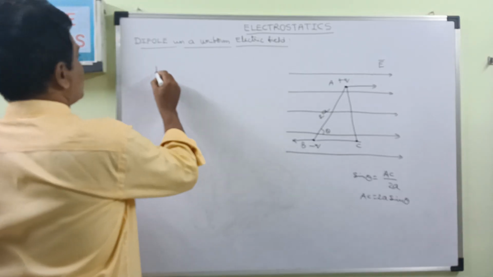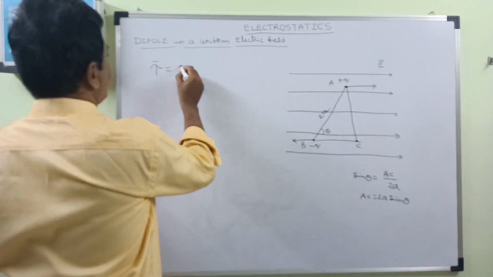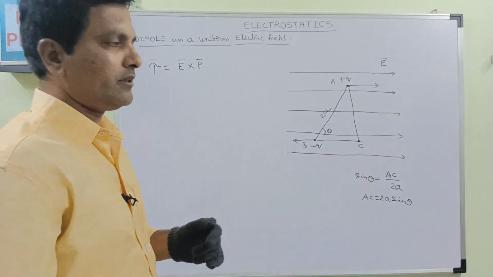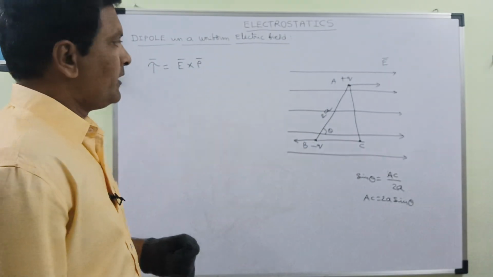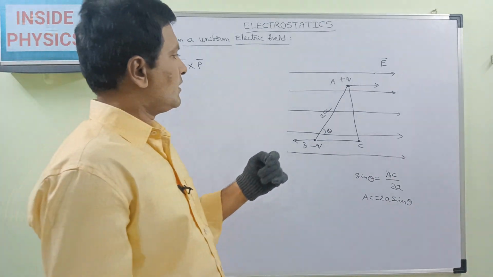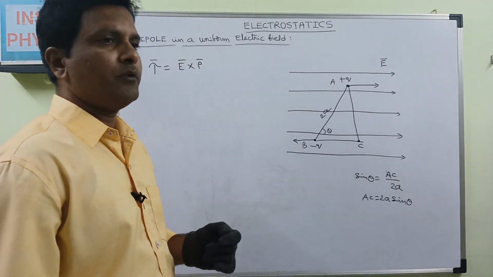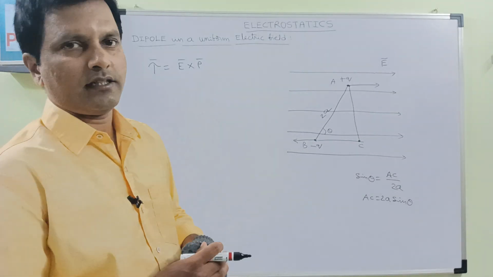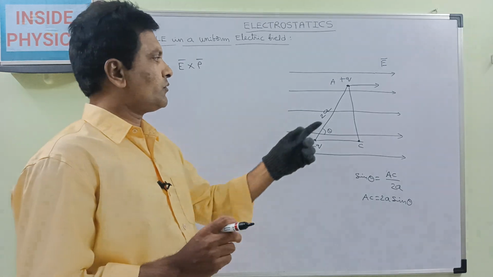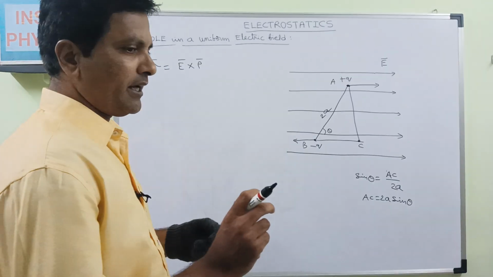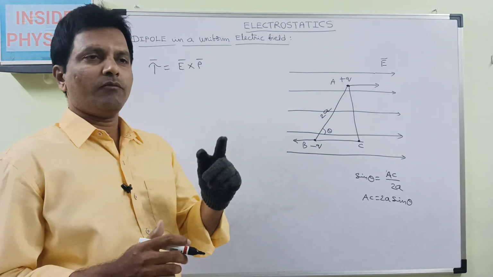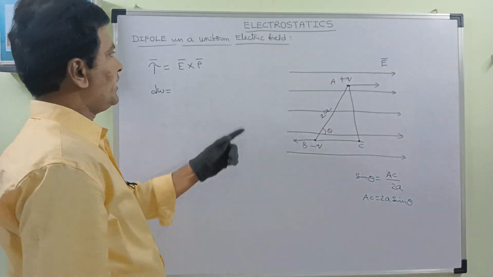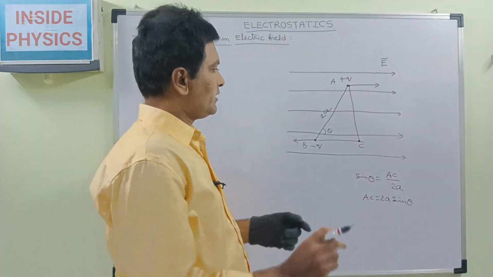For this we know, we just derived that tau bar is equal to E bar cross P bar. This is the couple acting on the dipole. See, if this couple is acting on the dipole and we are doing some work against this couple or torque, and we are doing a small work to rotate this dipole through a small angle d theta, then the work done can be taken as the small work done to rotate this dipole against this couple with some angle d